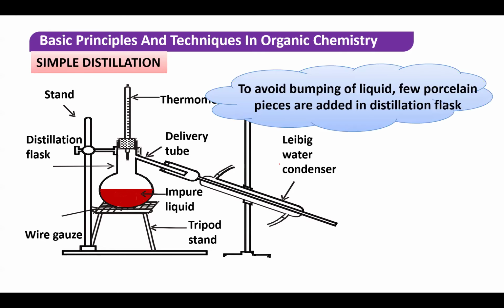Now tell me beta, when you heat it, what will happen? Tell me. Who will evaporate? Salt will evaporate या water at 100 degree पे? Water. हाँ, तो water का क्या बनेगा? ऐसा गैस बन के जाएगा कि नहीं? हाँ, तो गैस बन के it is going into this. But here in the condenser what is there? From here we are sending water, so it is like this pipe. In this pipe there is what? Water vapor, and here what we are running? Water. So that what will happen to this water vapor? It will condense or not?